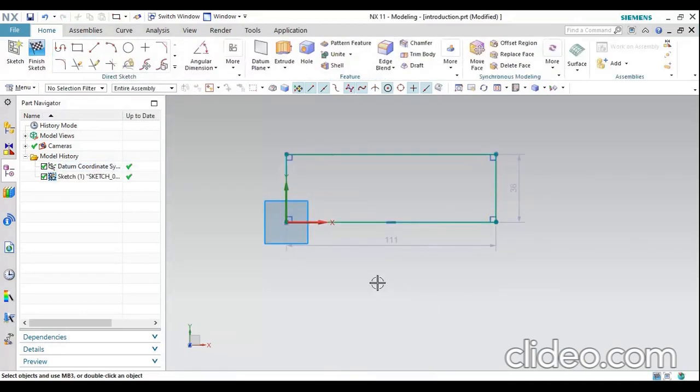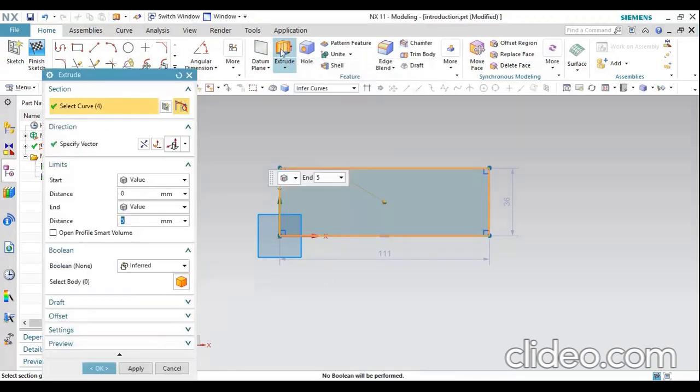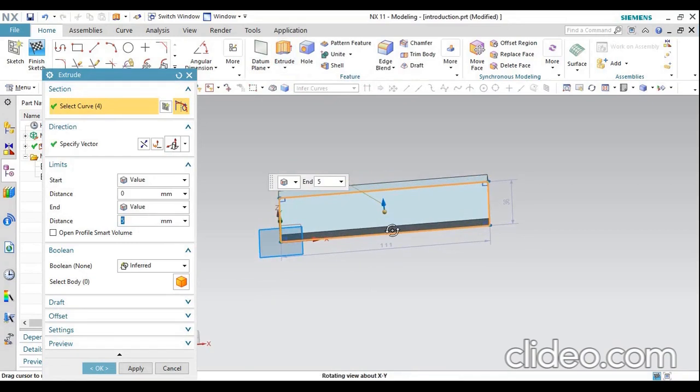Then after, so please select. This is my rectangular box. So I would like to generate a 3D model for this rectangle sketch. For that, there is an extrude option here. So select. Okay, a curve will be selected like this, and if you want to give a value, please click middle mouse button for rotate.